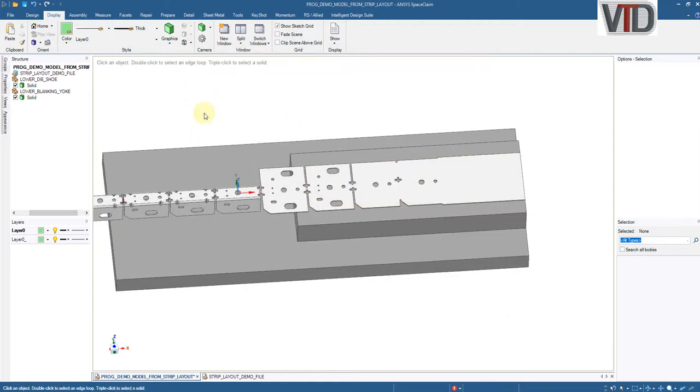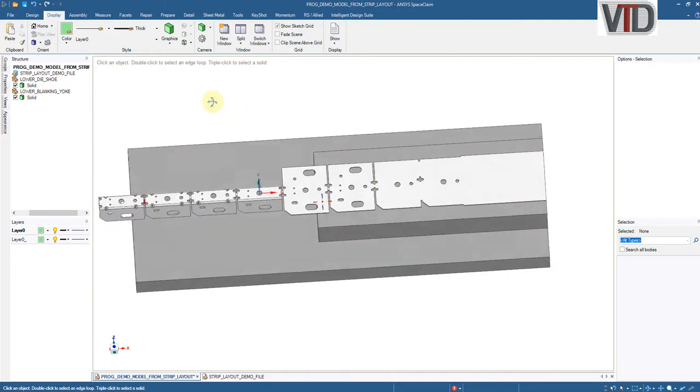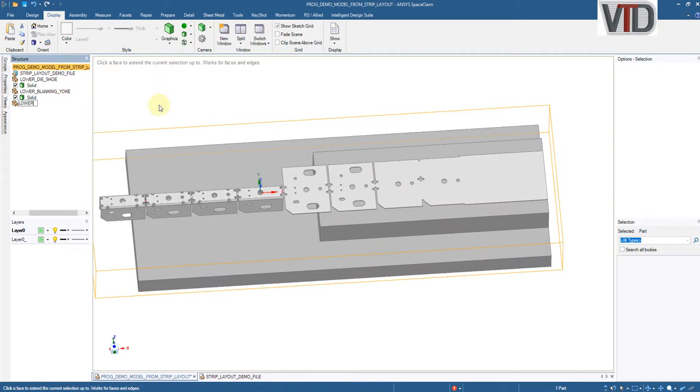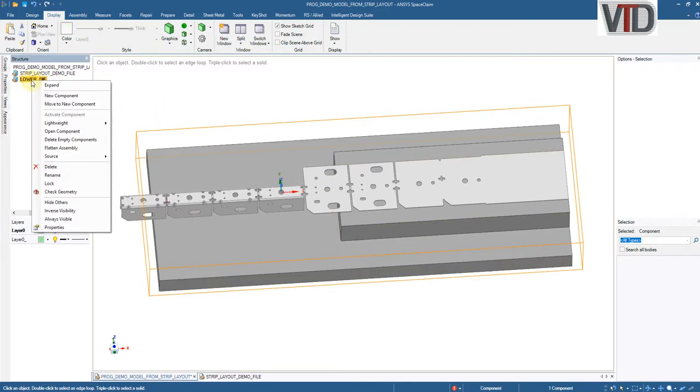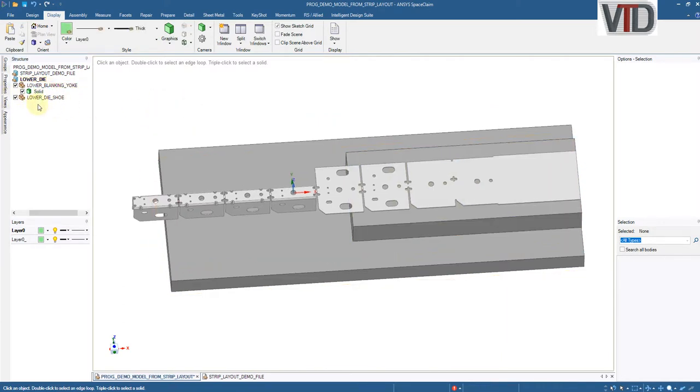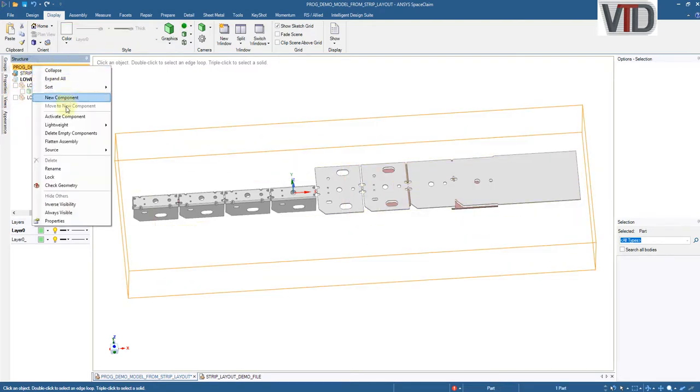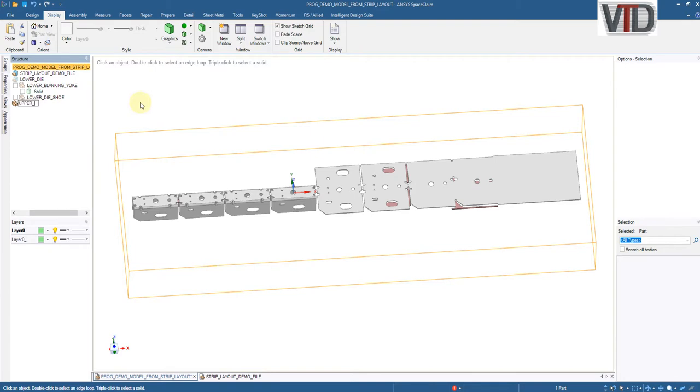So before I go too much further, I'm going to take these two lower die components and I'm going to create another component, and I'm going to call it lower die. I'm going to move these two components just by clicking on the components and dragging them in to the lower die and expand that. So now you can see that these components are in a lower die assembly. And what I'm going to do now is create another new component, and I'm going to call it upper die,